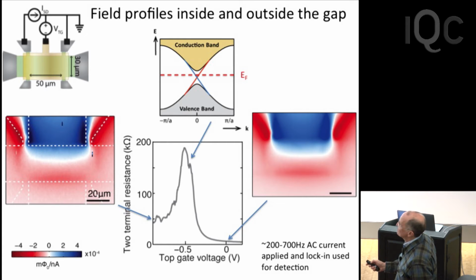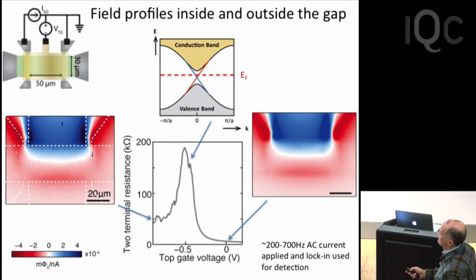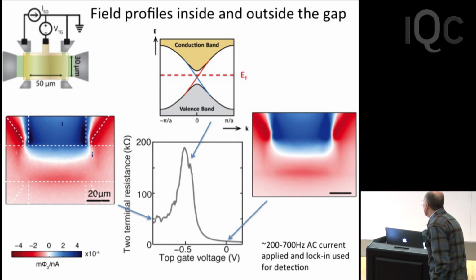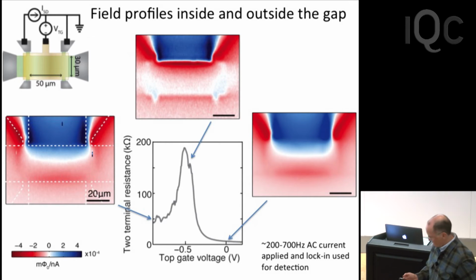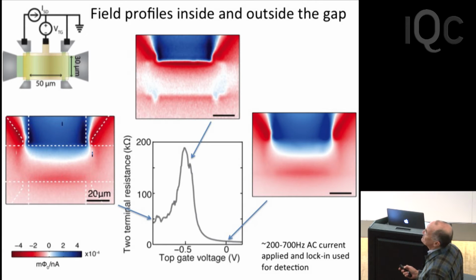So here there's a fairly gradual gradient of the magnetic flux as you pass your SQUID across the Hall bar. If, on the other hand, you put the Fermi level in the gap, then you freeze out the bulk conductivity, and you can see there's a very sharp white line here that corresponds to a sharp drop in the magnetic flux at the top edge, and a somewhat more diffuse drop at the bottom edge.